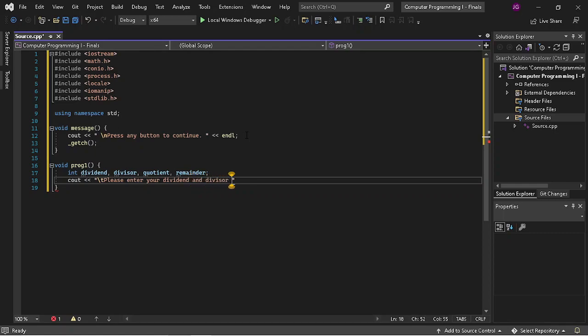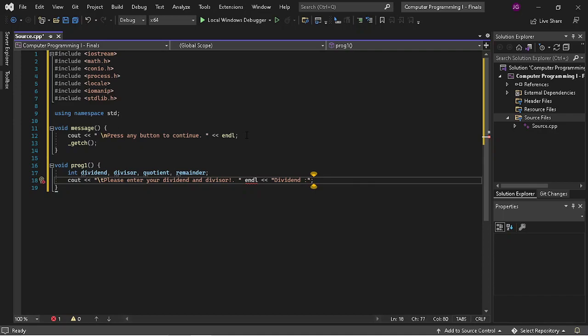We all know in mathematics that dividend and divisor are all about division, and in order to get the quotient you need to solve quotient-related division problems. So endl for spacing, and then dividend,